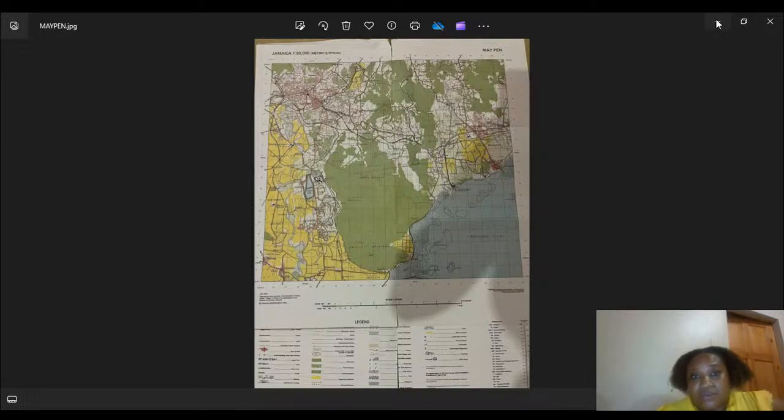So let us look at this. If they're asking you about vegetation, what you need to know about vegetation. So if you look in your key, I was just saying that first to begin, you need to know two things about your map. The location, so Mapen is in Jamaica, so you should have an idea of where that map is taken from. So it's a Jamaica map, and Jamaica maps usually tell us that it consists of limestone on the map, so that is one thing you should pay attention to. Therefore, you should see that you will have underground drainage, and you would see that on